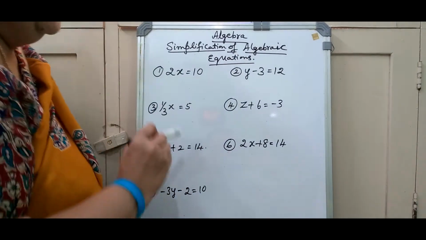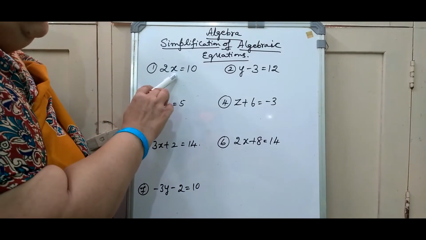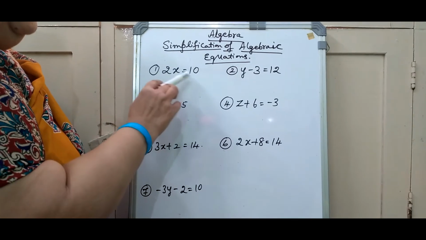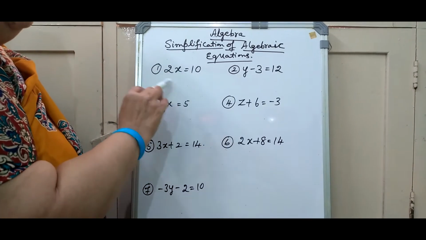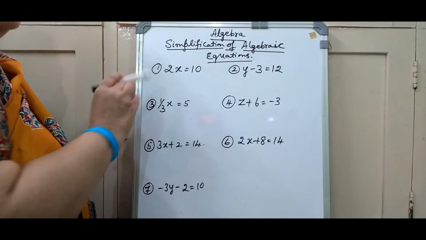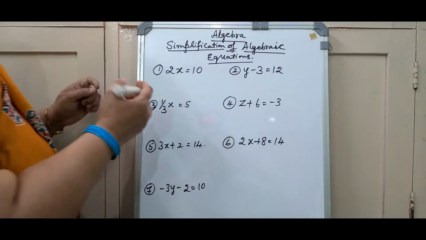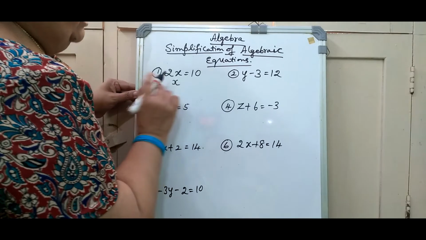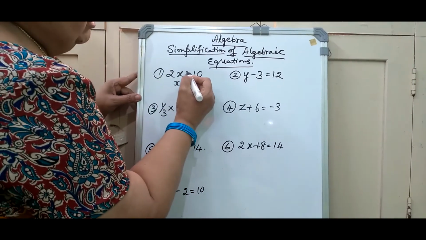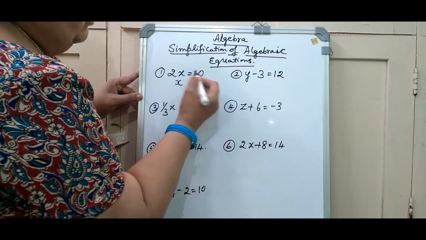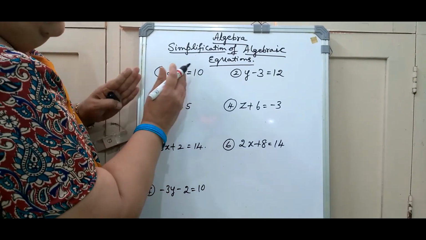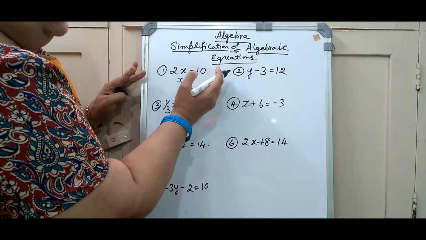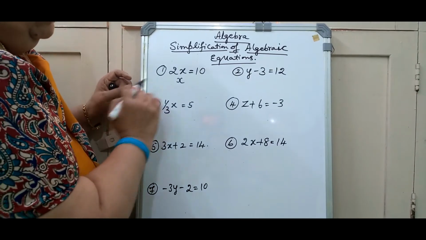Here only one variable is there. Again and again I am telling you, x is the variable here, 2 is the coefficient of x, and 10 is the constant. So here we are going to find the value of the variable. Only a single variable is there, that is x. To find the value, let us take this x to the left hand side. When the equals sign is there, as I told you, this is an algebraic equation. The terms before the equals sign are the left hand side of the equation, and the terms after it are the right hand side.